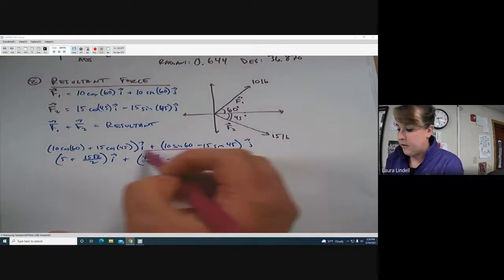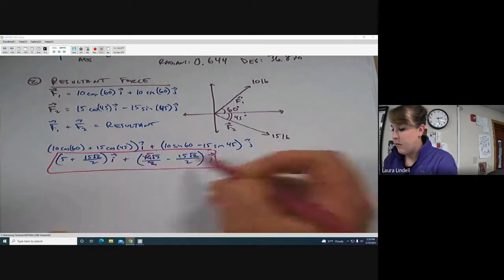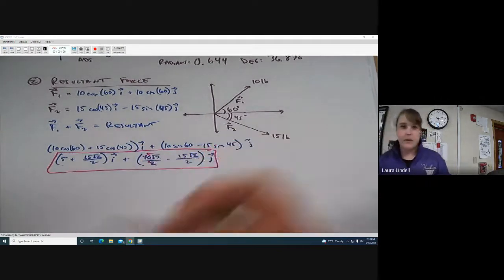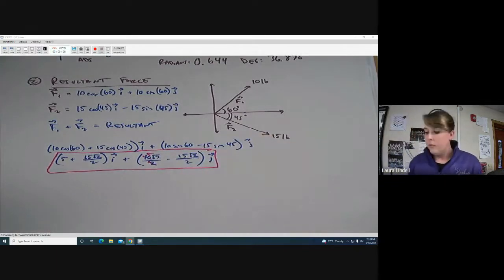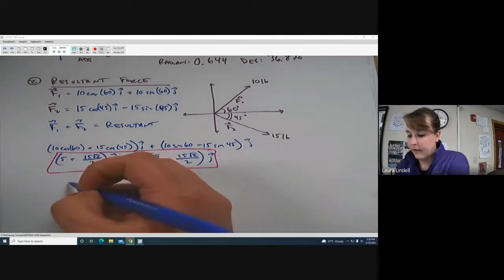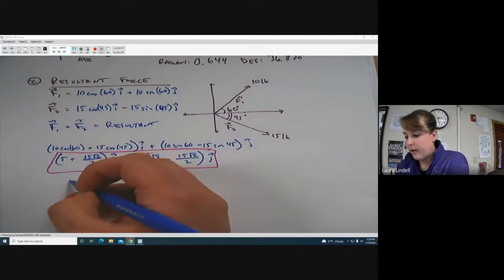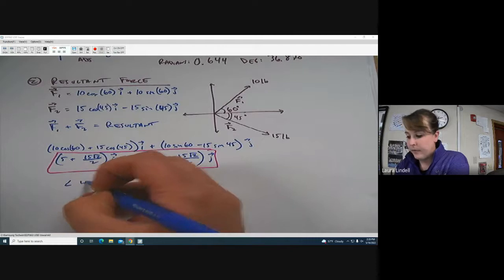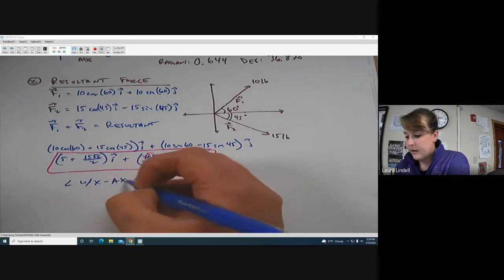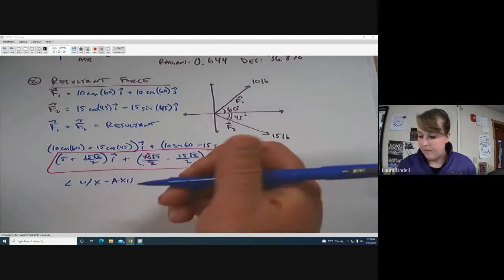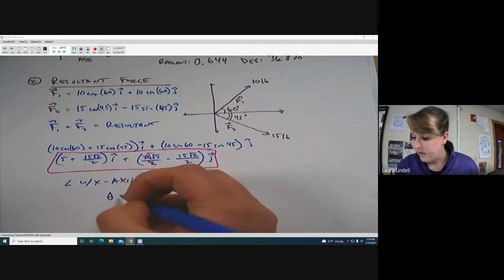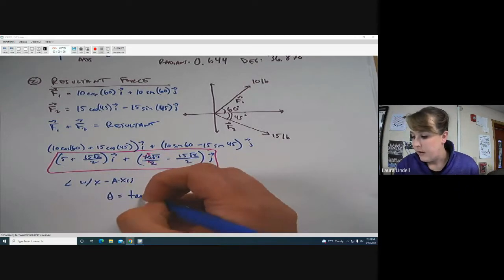So this, with the simplified 5 root 3 instead of 10 root 3 over 2, would be our answer for what the resultant force is. You could also calculate then the angle that this makes with the x-axis. So as kind of a secondary part here, we could calculate the angle with the x-axis. And then that would give us, well, theta is going to be, as we saw in the last problem,